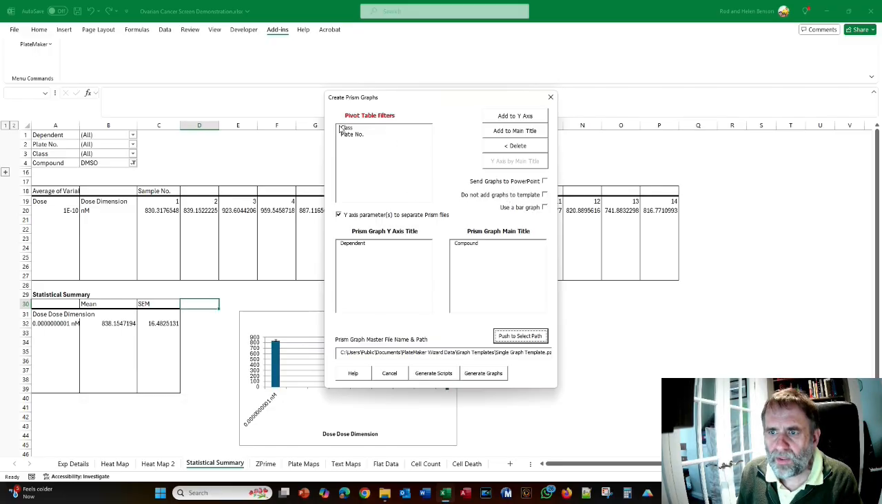So remember, the class is left in the pivot filter. That's just going to be left alone, which is fine because we're not worried about classes at the moment, and we're not worried about looking at separate plate numbers either. So I now push generate graphs